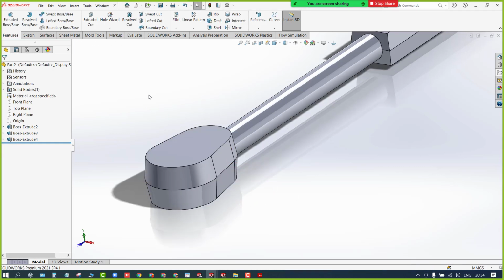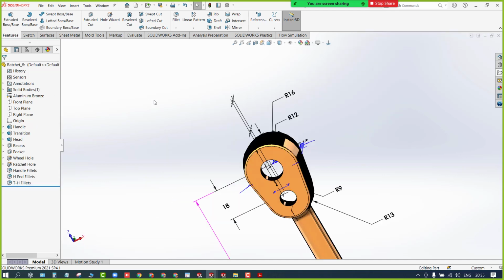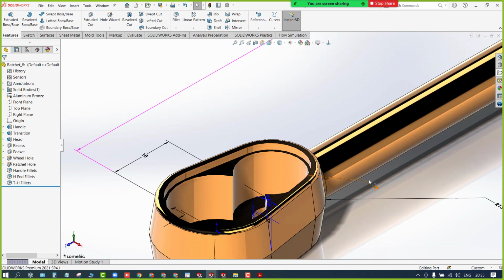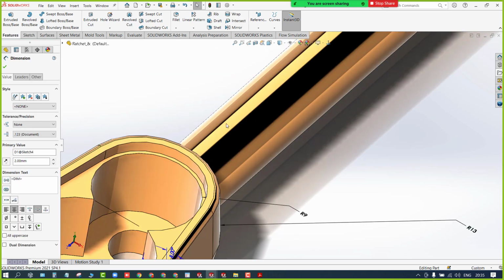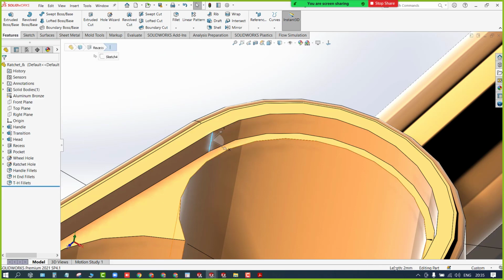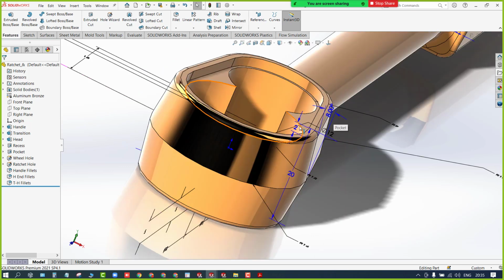Any doubts up to here? No. Okay, next thing is I need to create this cutout. The cutout depth is 2 mm, right? And the inside depth, you can simply select this edge so that you can understand it is 2 mm, right? And you can even check it here, it has given the same.